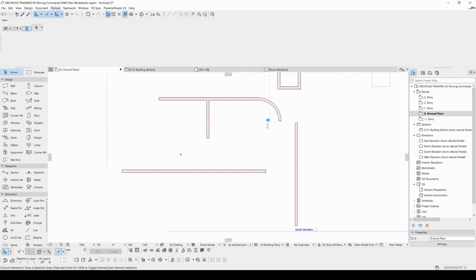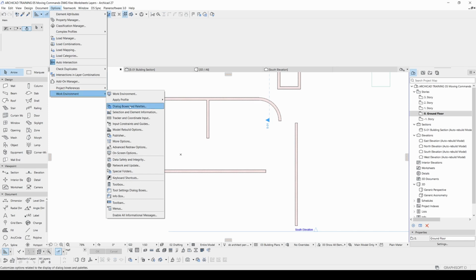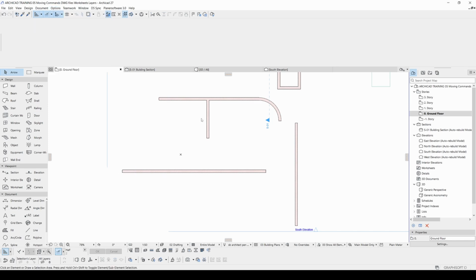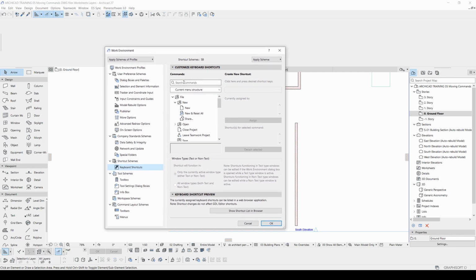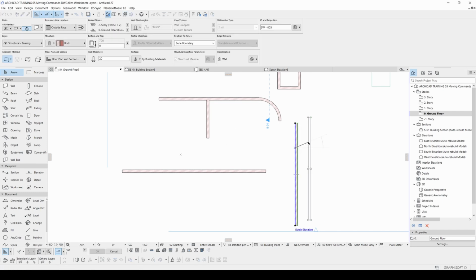To change the shortcuts, you will go to Options, click Work Environments, and click Keyboard Shortcuts. After that, you will see a box here, and you can just type in like drag, and by clicking it, you will see its shortcut. I have two shortcuts right now. First, the default Ctrl plus D, and second, my shortcut is D. From my keyboard, if I hit the D, it will immediately move my element,